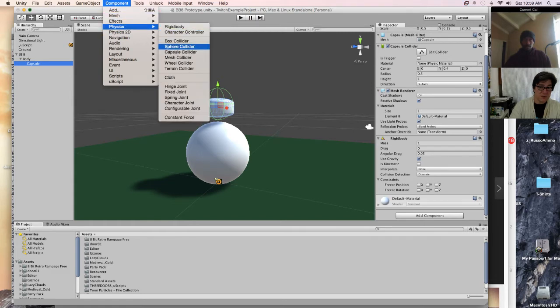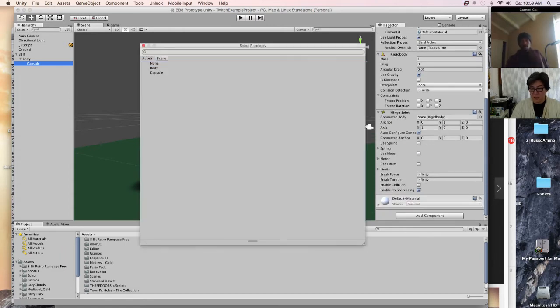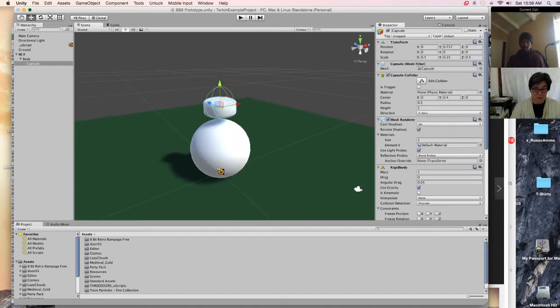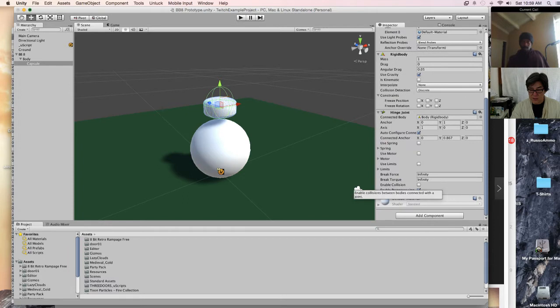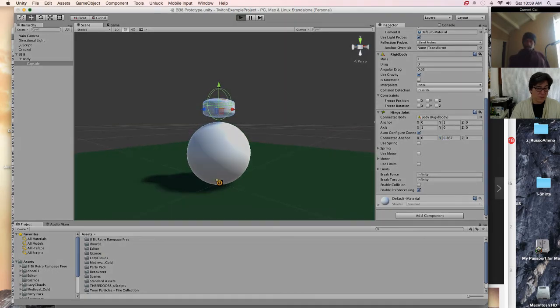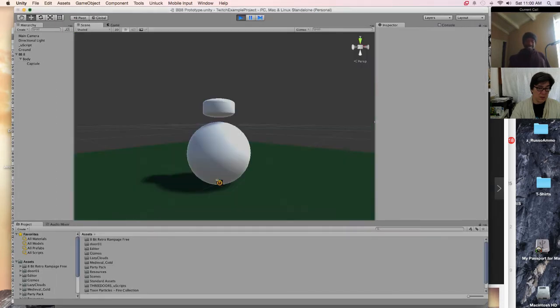Let's go to physics, and let's add a hinge joint. Let's see if that works. Right? Hinge joint, connected body. I'm going to attach it to the body, right? And let's go see where the anchor is. The anchor currently, I think, is at the center of this. So let's go look at this hinge joint. Connected anchor. Oh, okay. So it's 0.8. Well, let's just see how this plays. Yeah, I've never used joints before, actually. So. And here we go.